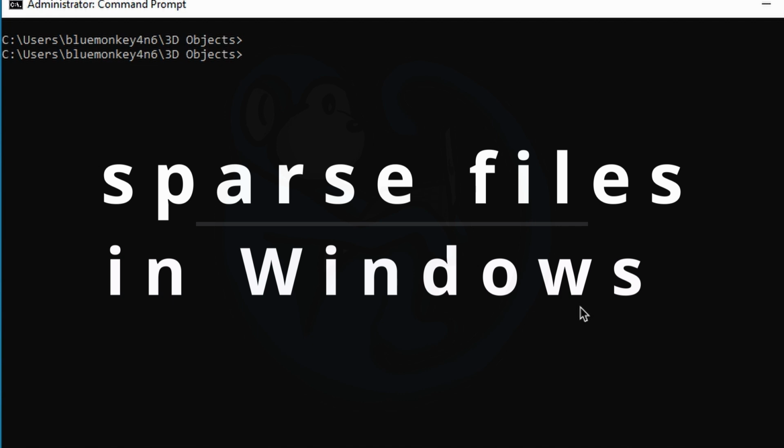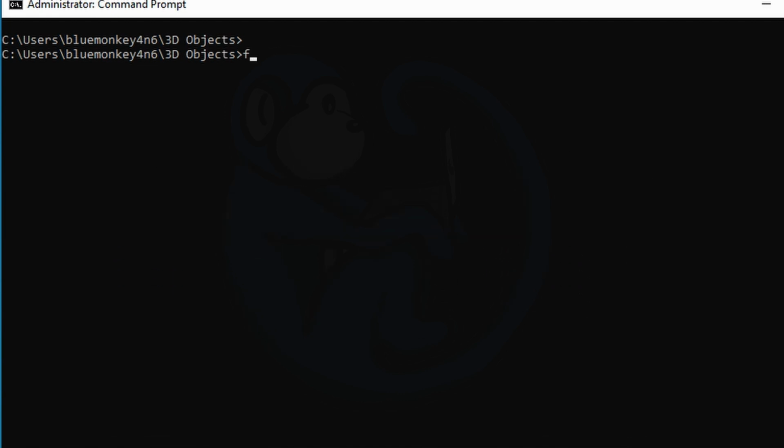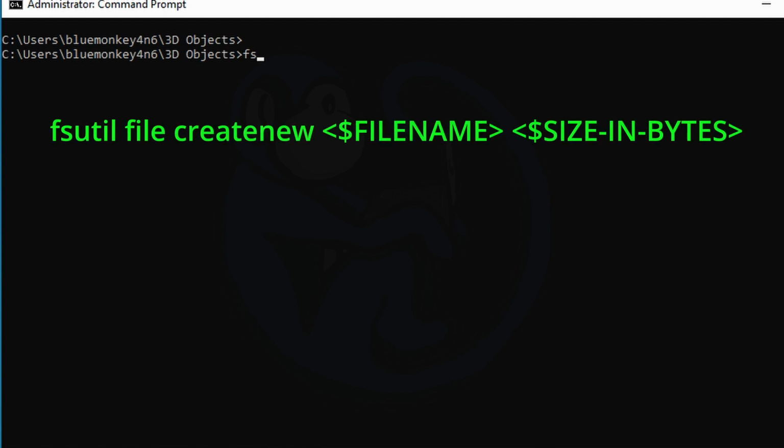To create a sparse file in Windows, it takes a few more steps. The command that we need to use is called fsutil. And the first thing we're going to do is create a new file, so we specify fsutil, then the file parameter, and then the createnew command, followed by the name of the file to be created, and then lastly, the size of the file in bytes. So I'm going to do fsutil file createnew bigfile, and I'm going to make it 1 gig in size, so